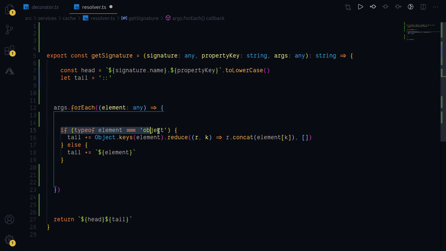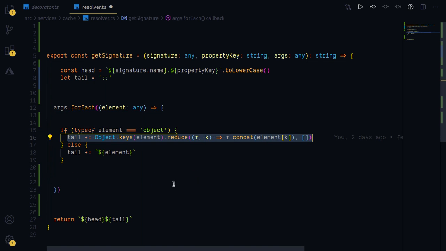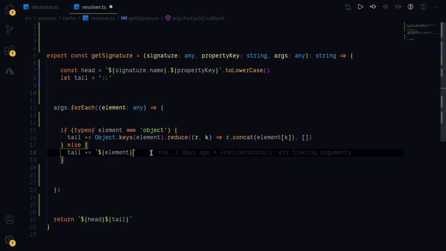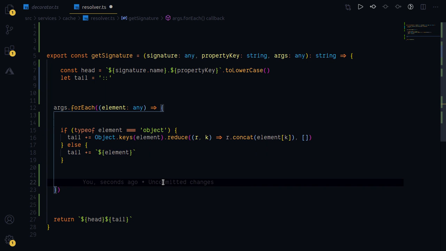if the element is an object, which means the argument to the function is an object, then we are flattening the object. This code you would find on Stack Overflow. I picked it from there as well. It's fairly tested code. What it does is it allows you to flatten an object into a sequence of strings, as you can see over here.